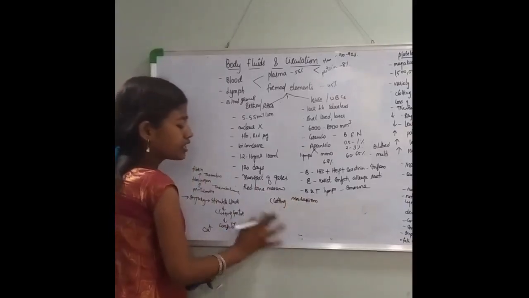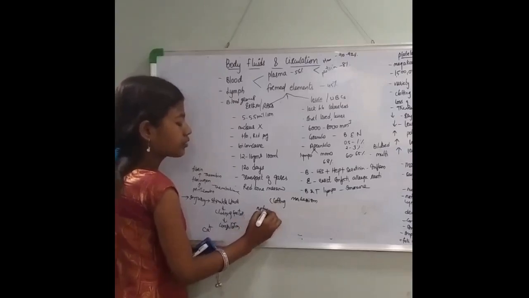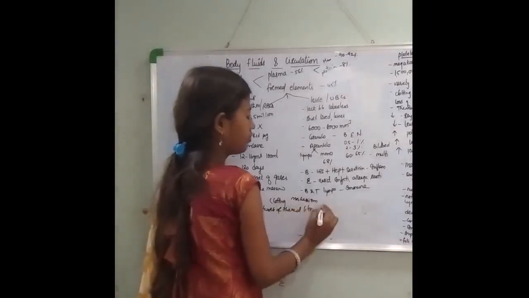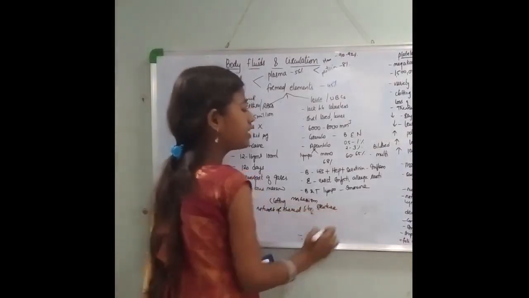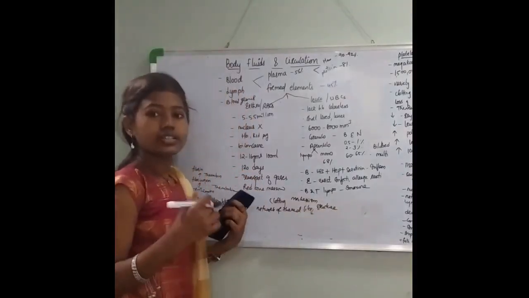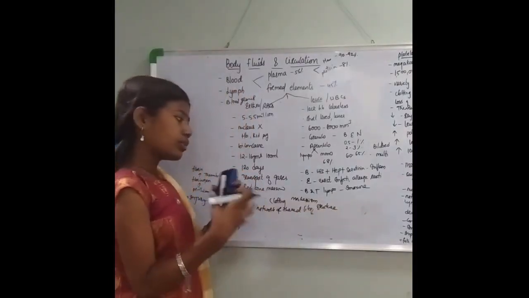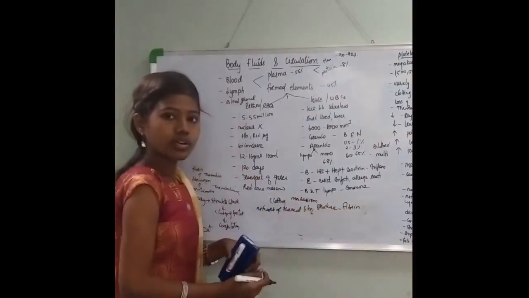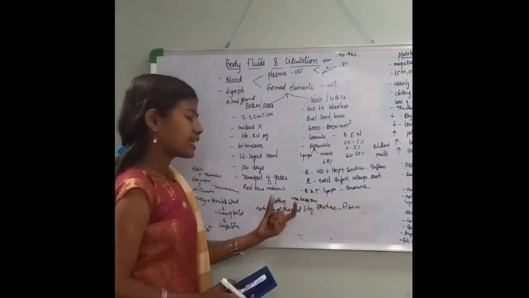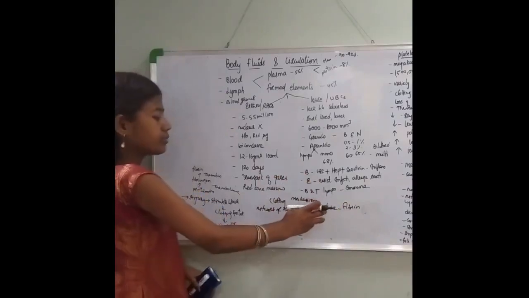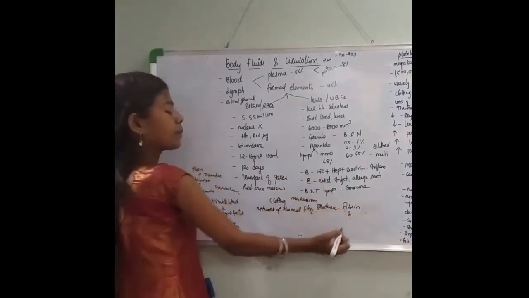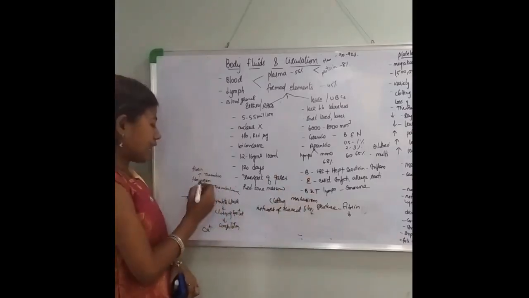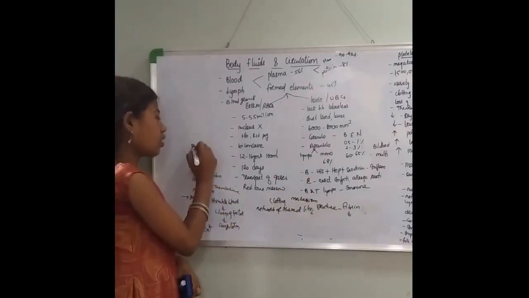At the site of injury, there is a network of thread-like structure formed. Right? At the tissue, where you have cut your finger, at the site of the injury, a network of thread-like structure is formed. That network of thread-like structure is made up of fibrin. Fibrin is the active form and it is produced from inactive fibrinogen. All these things occur in the plasma.